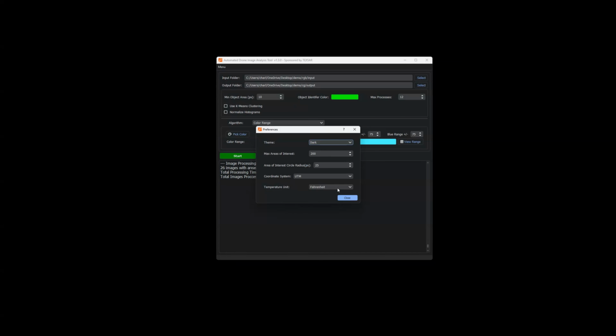Area of interest circle radius. So this plays in with the min object area. With the area of interest circle radius, what we're saying is we have the area of the object, whatever it is. In our case, we know it's going to be bigger than 10 pixels. And we could just draw an immediate circle around that, the smallest possible circle. We want to create a little bit of a buffer there. So rather than just the smallest possible circle to enclose our area of interest, we're going to go out 25